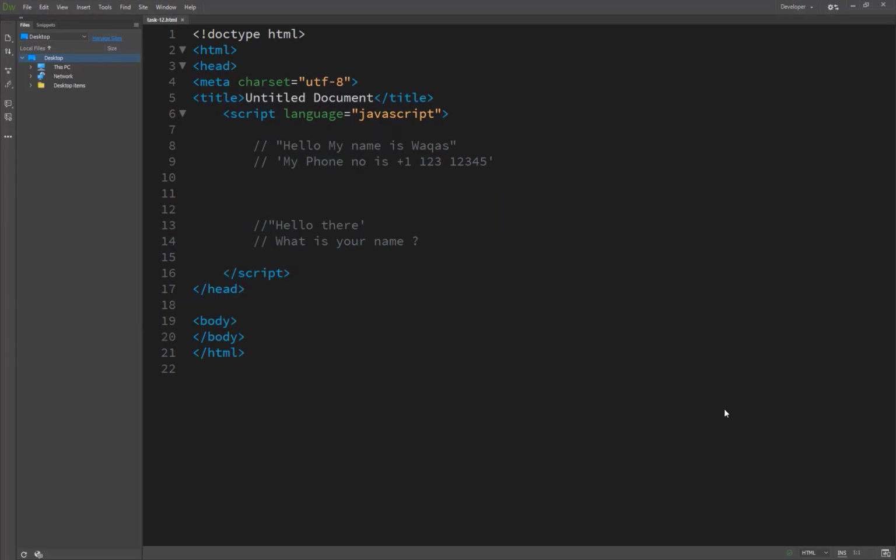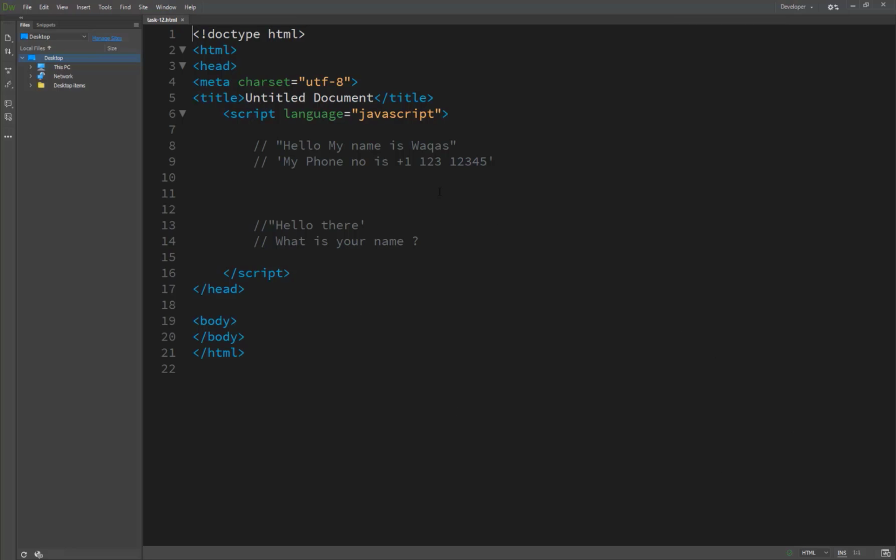Hi, so now we are starting our task 12, and this is creating a string. When working with data and variables in JavaScript, you need to be aware of the data types you are using. Different data types are managed in different ways, and it's so important to understand a few fundamentals of the data type.